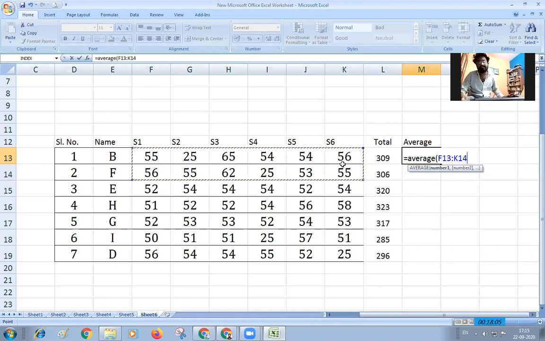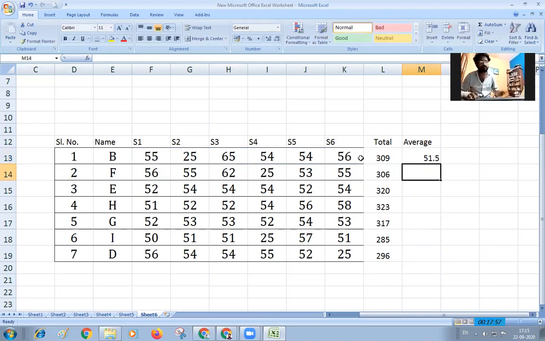Average, then select the range of cells from F13 to K13, close the bracket, and we get the answer. If you know this directly, you can do this. Either if you don't know, yesterday I gave you the method: total divided by